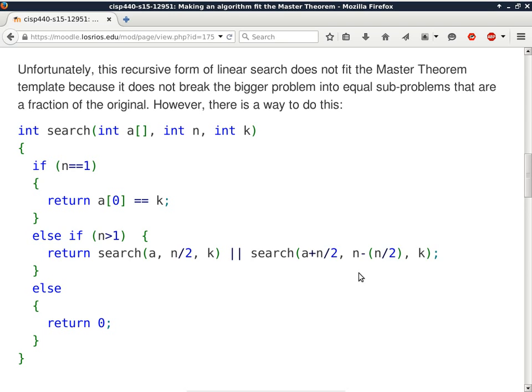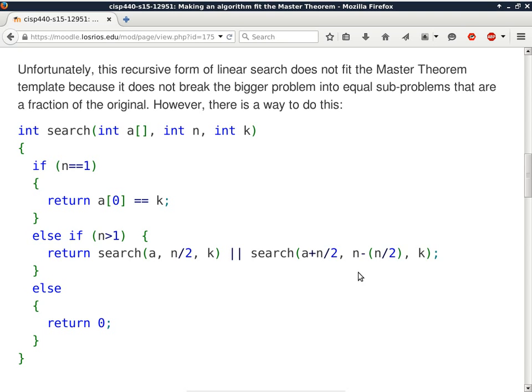Okay, so basically for each recursion, I chop it down into two halves, and each half is about the same size. They may not be exactly the same size. It all depends on what n is. If n is an odd number, they'll be off by one element. Would that be just a double comparison of the middle element? No, the middle element will not be compared in both of them. It will only be compared in one, because the range of the left-hand side and the range of the right-hand side in terms of the recursive call to search do not overlap at all.